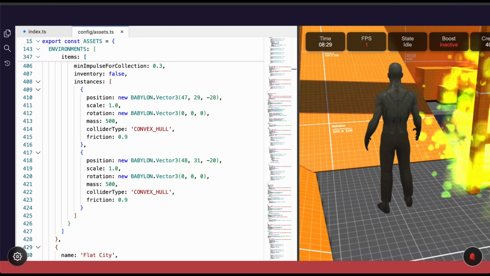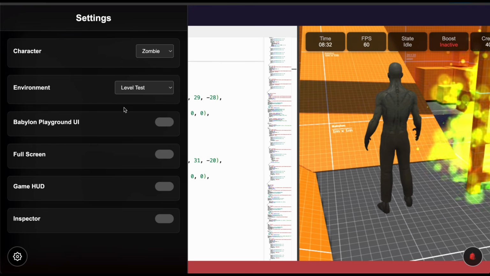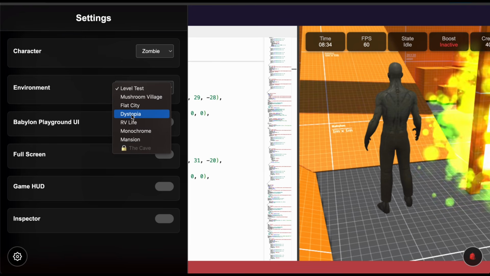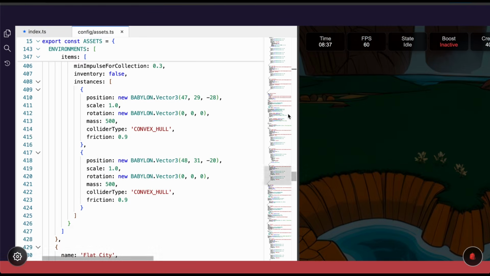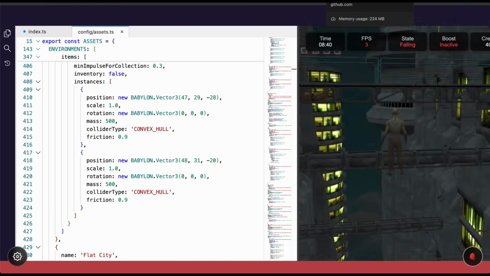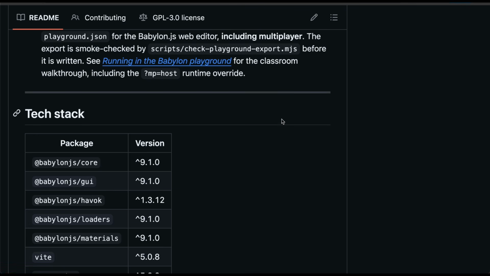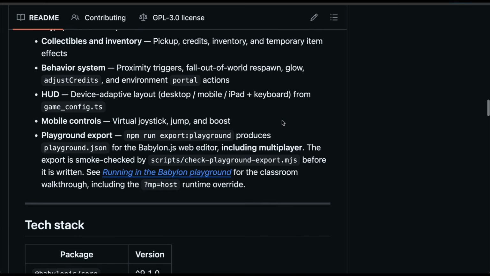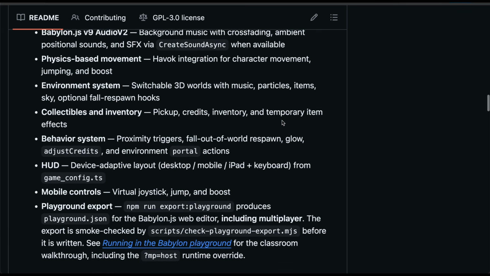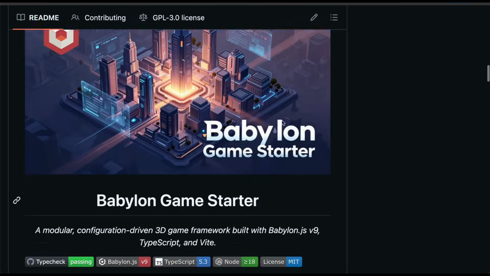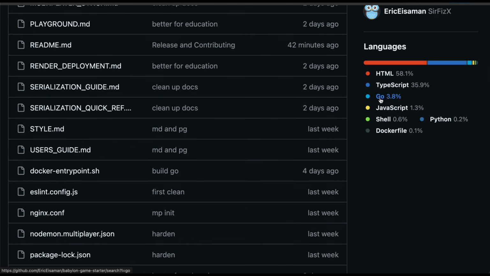So if you are interested in this, I'm getting too much of the noise of the music that I put in, so let me jump over to another environment so I don't have to hear that. Over there we go. Okay. What I was saying is that on the back end, you can add whatever endpoints you want, and it will automatically bring in the dependencies it needs. So you could write endpoints in Go. That's what I wrote the multiplayer endpoint in. You can write it in Rust, Go, Python, or Node.js,